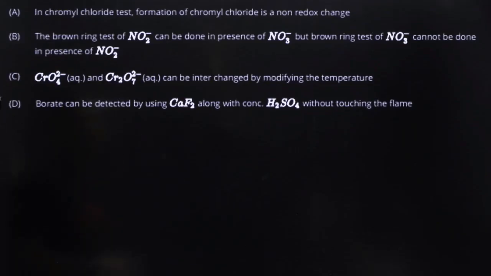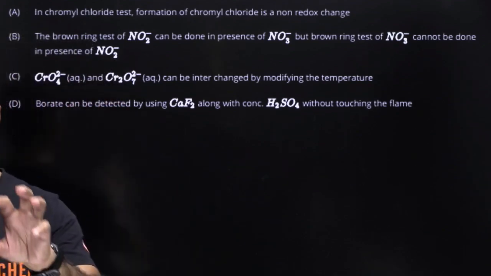ब्राउन रिंग टेस्ट ऑफ NO2- कैन बी डन इन प्रेजेंस ऑफ NO3- बट रिवर्स इज नॉट ट्रू, ये भी सही है। देखिए, नाइट्राइट आयन को हम लोग डाइल्यूट एसिड से डिटेक्ट